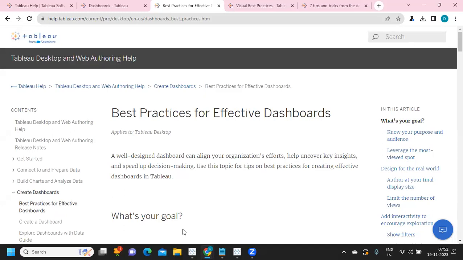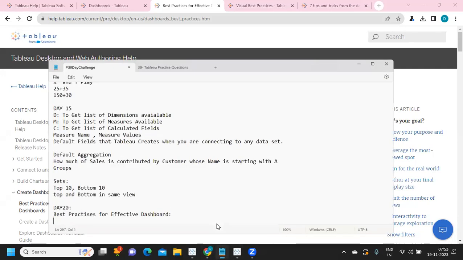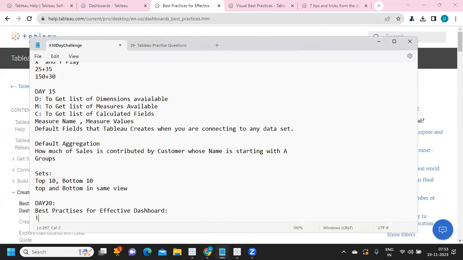That is our Tableau page, or help.tableau.com. So here you have some important information that we can read and analyze. Okay. So the first thing we need to keep in mind whenever we are trying to create a dashboard, so let us also summarize while doing that. So first point you need to